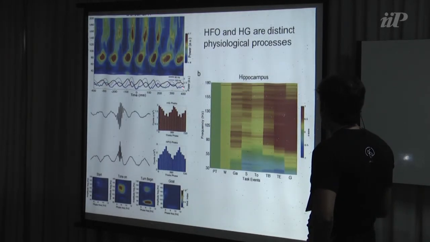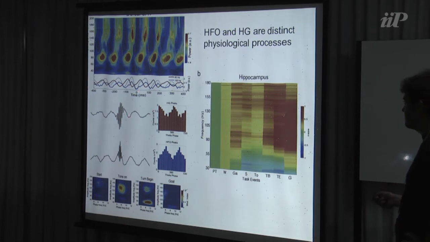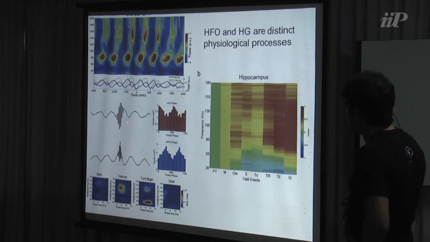But my point, I was all proud at this point, because this is a normal power spectrum, right? Here we have the different task epochs, the frequencies, and how things change. We have the low gamma going down, and the high gamma and HFO going up. But my point being, if you only do this Fourier analysis, you can't separate out high gamma from HFO. They look like a continuum of frequencies. But if you start playing around with these tools, which nowadays are not that new anymore, but at the time were new tools for data analysis, you could identify that these things were actually distinct